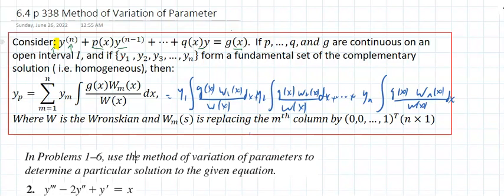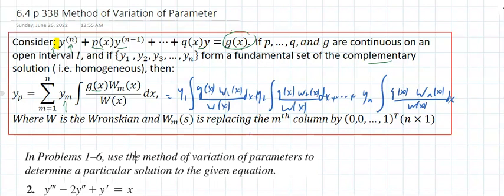If p, q, all the way, these are continuous on some interval, and if y sub 1, y sub 2, all the way to y sub n form a fundamental set, meaning those are from the complementary solution, then the particular solution is going to be, and here you don't need to modify whatsoever, you just use the formula and that works, that's going to be y sub m. These are the homogeneous solutions, g of x is right there,